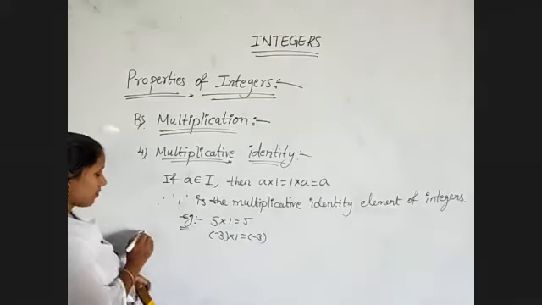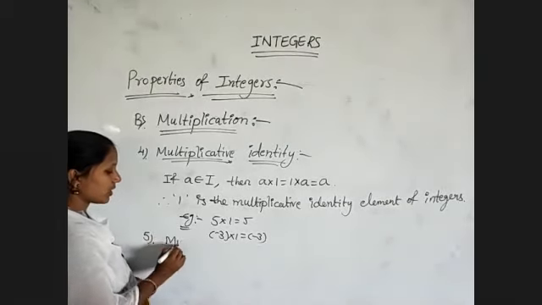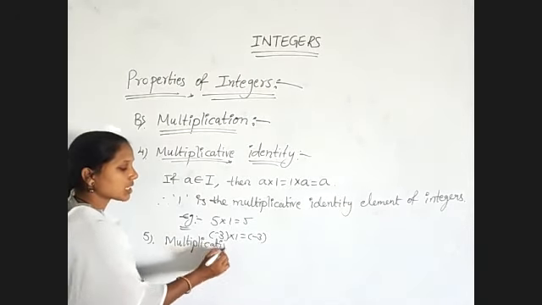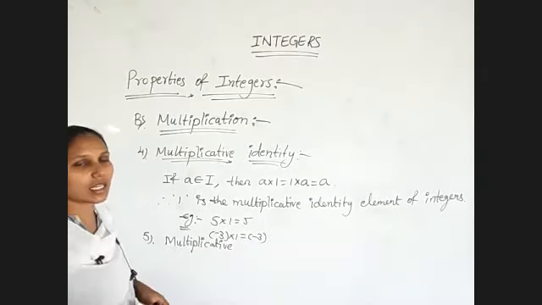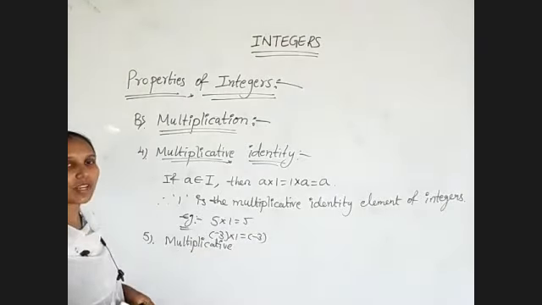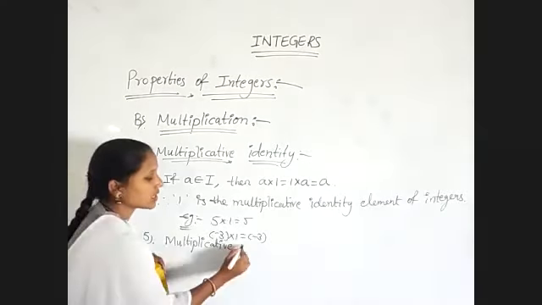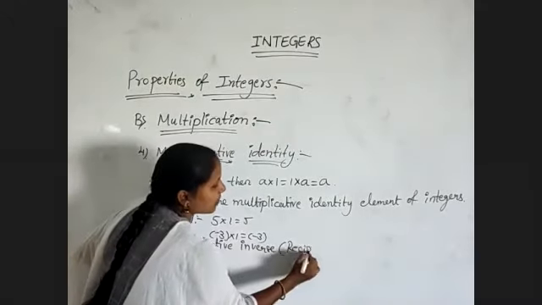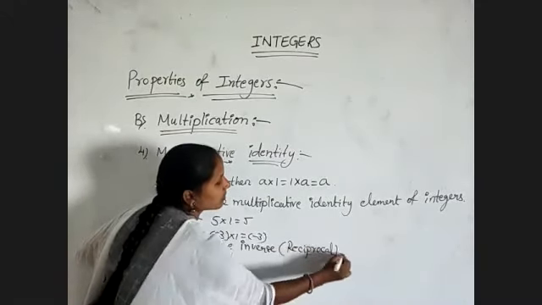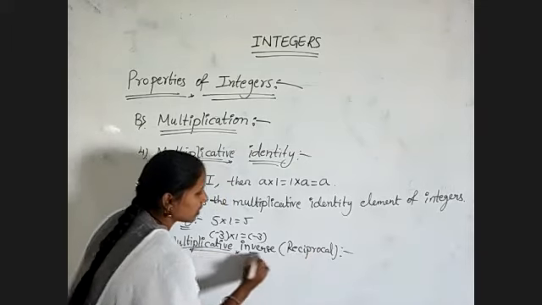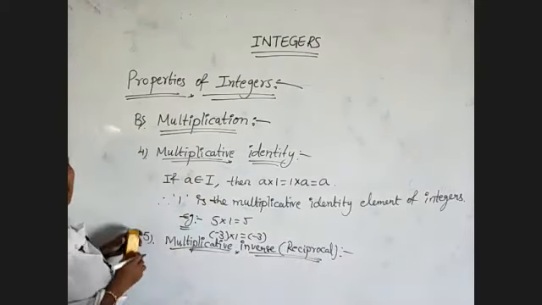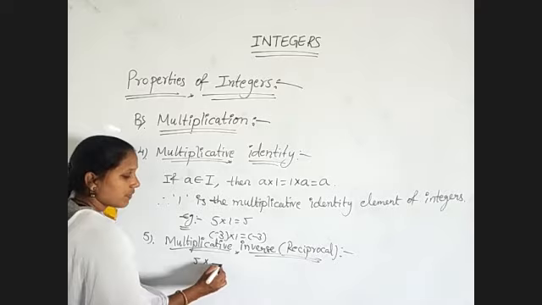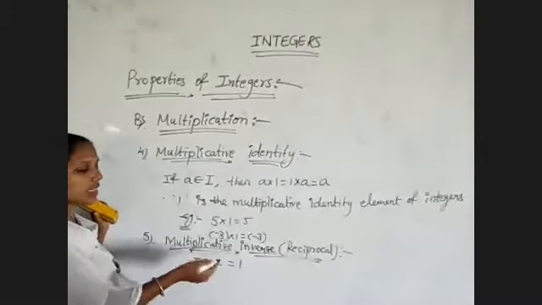Now coming to the multiplicative inverse. Its another name is reciprocal also. Reciprocal we already did; we studied it in the previous class. So multiplicative inverse is nothing but reciprocal only. Multiplicative inverse in the sense, here if I have 5 into, which number do I need to multiply to get the result as 1.